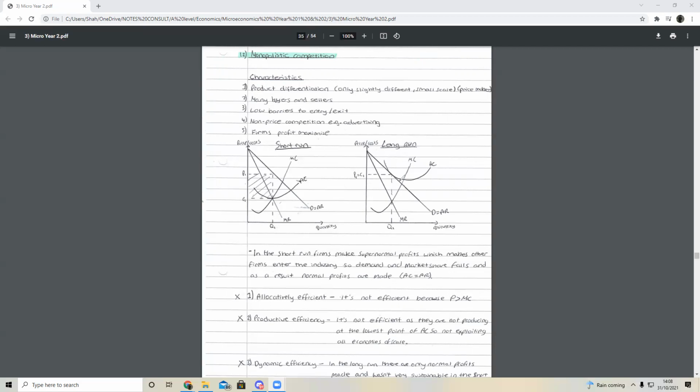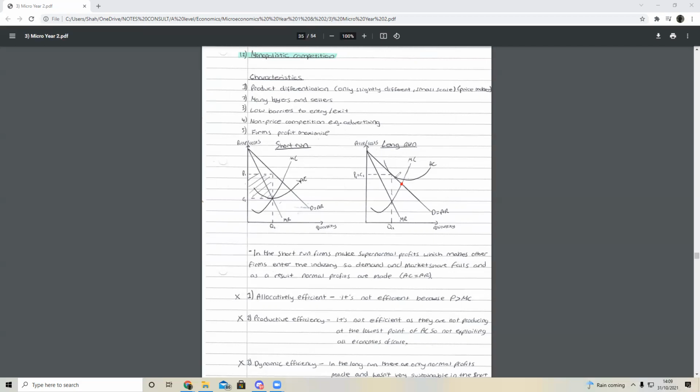What's allocative efficiency again? It's MC equal to AR, isn't it? Allocative efficiency is where P is equal to MC, at this point here. MC equal to AR isn't anything. MC equal to MR is profit maximization here. Oh, they taught us that MC equal to AR is allocative efficiency. Yeah, you can say MC equal to AR, or I say demand equal to supply, because MC is equal to supply as well.